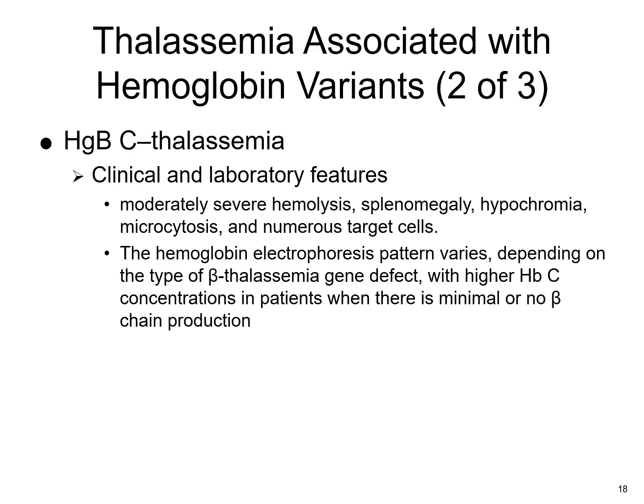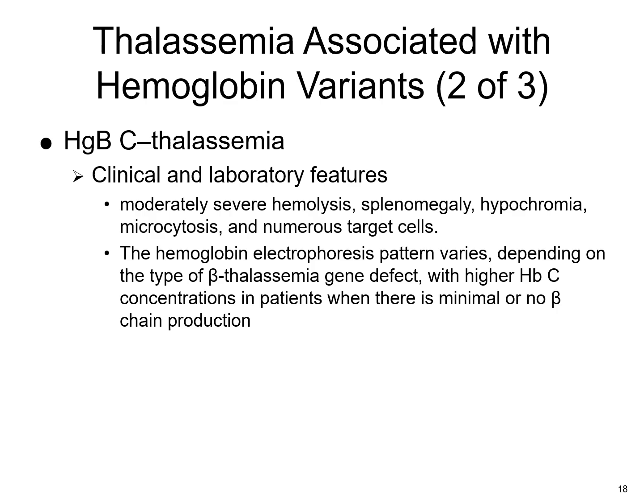Hemoglobin C thalassemia. This is a compound heterozygous condition involving 1 gene for hemoglobin C and 1 for beta thalassemia. This combination leads to clinical and laboratory features that reflect both hemolytic anemia and the thalassemic red blood cell abnormalities. So clinically, patients will experience moderately severe hemolysis and splenomegaly.